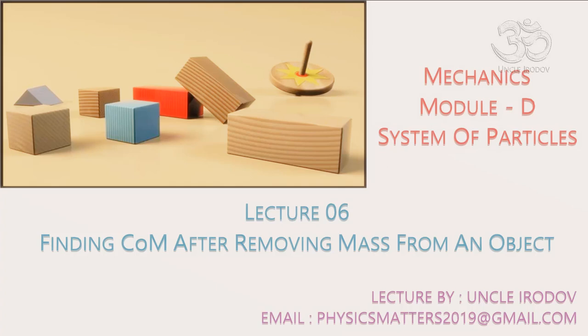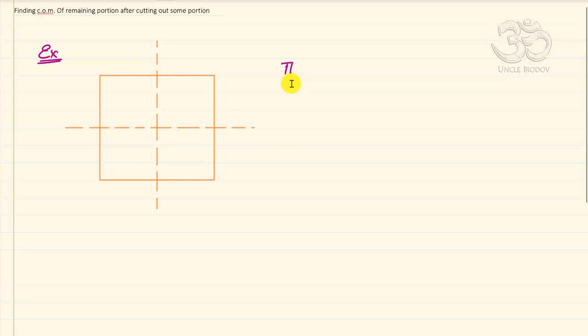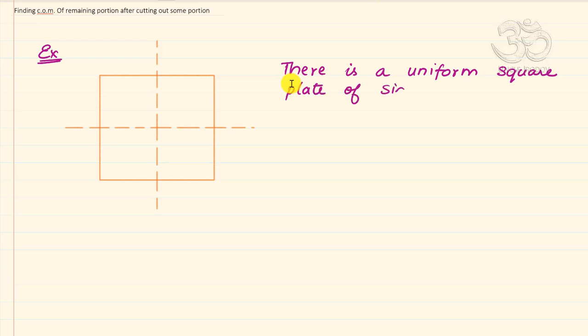So let me start by giving you this problem. There is a square plate, a uniform square plate, of side 2a. So the side length of this plate is 2a, and this plate is this A, B, C,